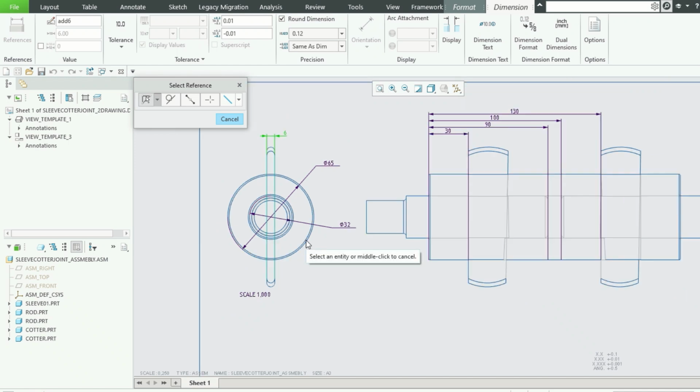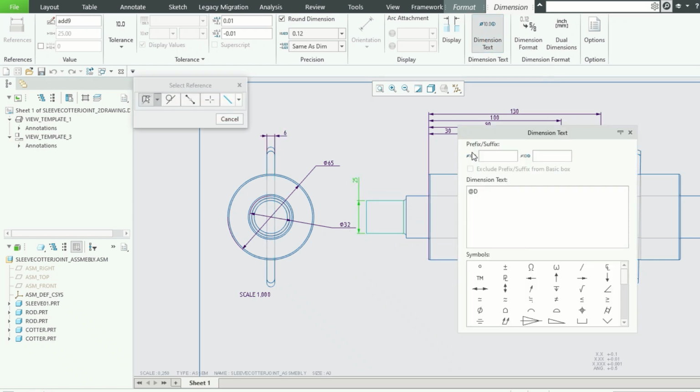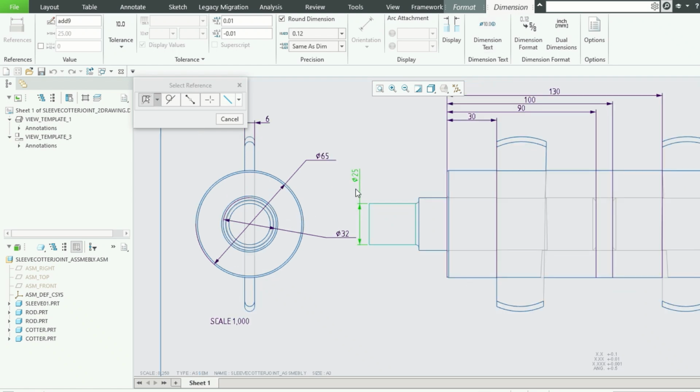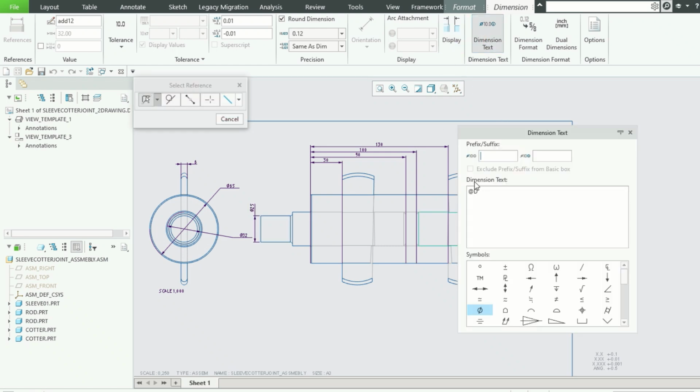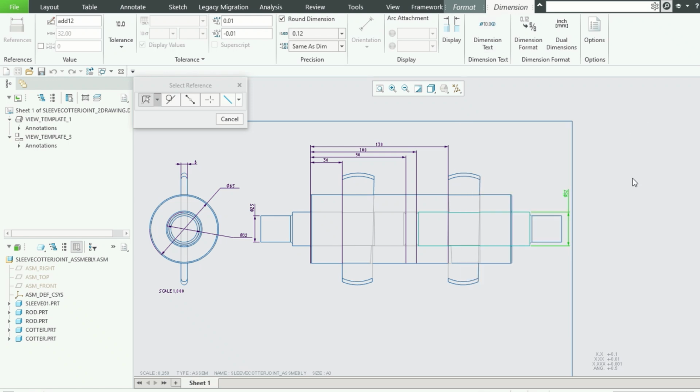Okay, and then the diameter of this shaft is 25 mm. Add dimension text there. Okay, 25 mm. And this dia, if we need, give it to the other side. The dimension of this shaft dia is 32 mm. Yes, give the dimension text with the dia symbol. Okay,